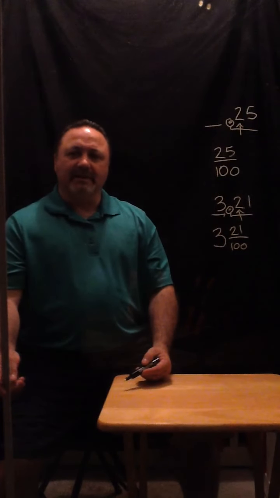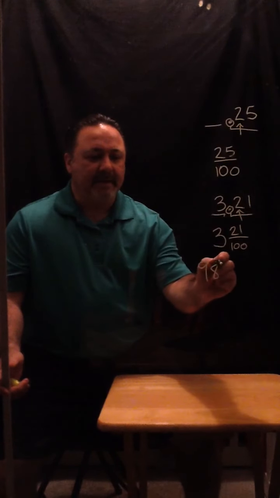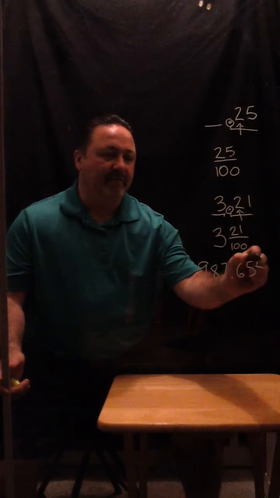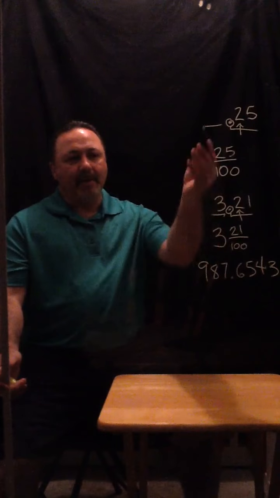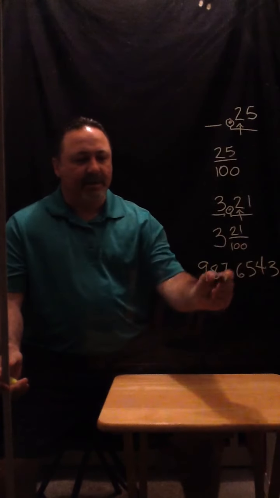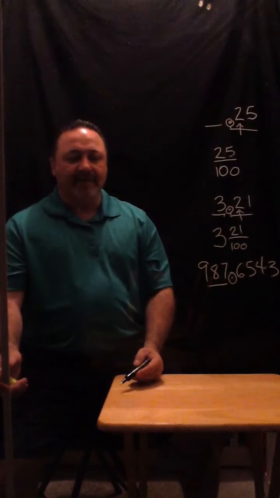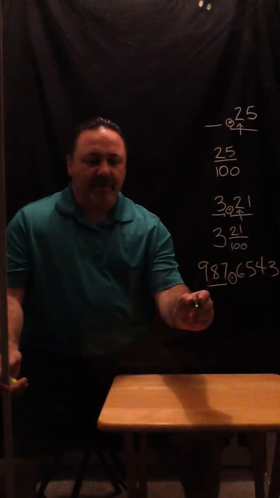Let's take another number that's a little more complicated. Let's take 987.6543. Now this number, we're going to do it the same way we did the other ones. The first thing we're going to do is identify the decimal point. We've also noticed that we have a number to the left of the decimal point. That's our whole number. So I'm just going to write that number again,